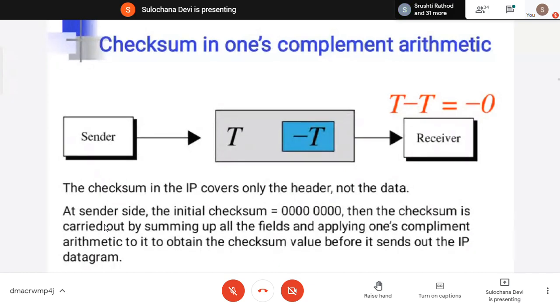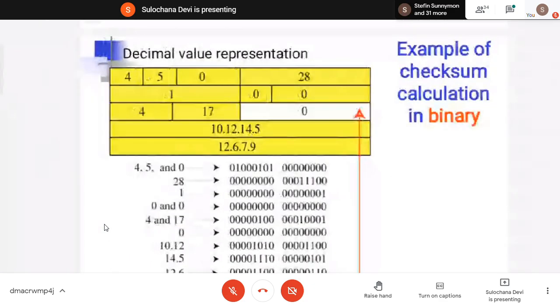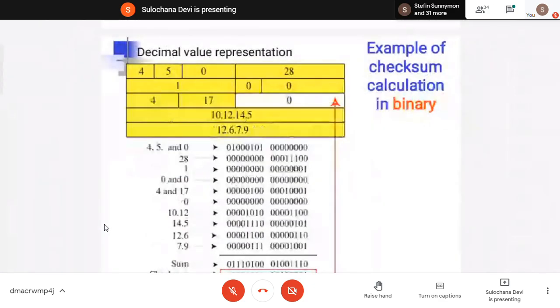So here the header is added. This is the header of IPv4. The first field is version, so version 4 you are sending. Minimum header length is 20 bytes, so right now you are not using any option. You are adding 25. Then the service type, and then total length is 28, so 28 bytes of data, 8 bytes of data you are transmitting. All these values are there, and in the checksum field you initially put 0.